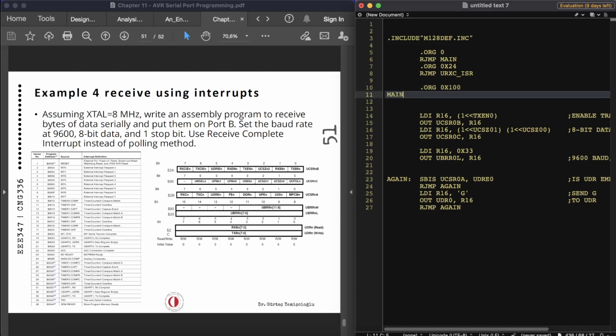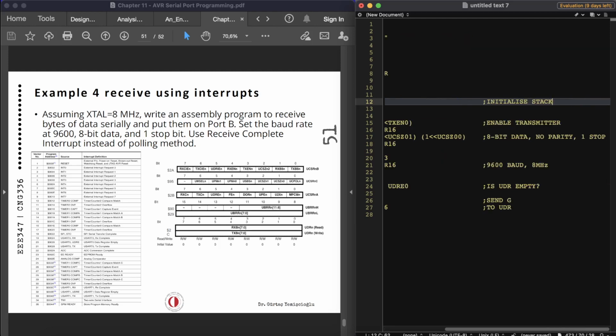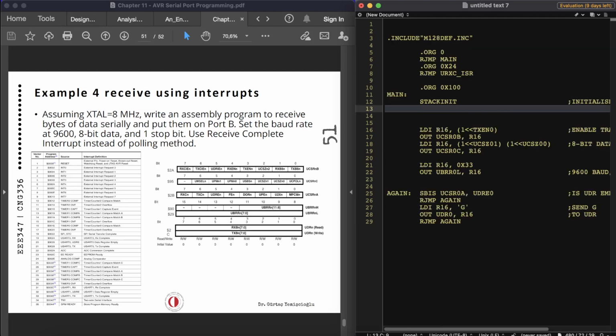So we are in the main and we can initialize the stack as we are using interrupts. So I can just use the macro initialize stack, and then once we initialize the stack,